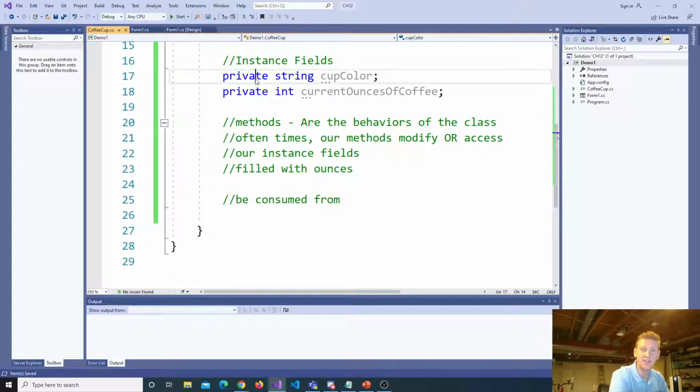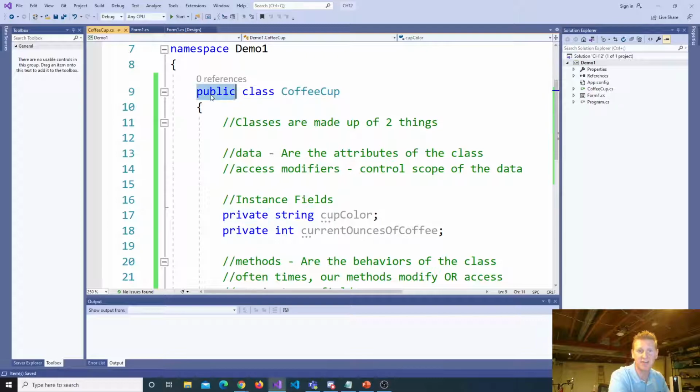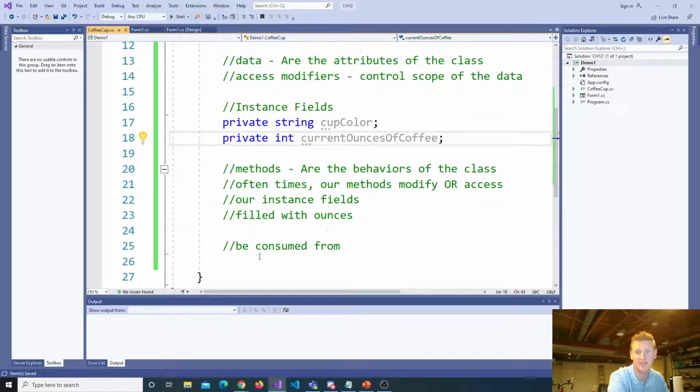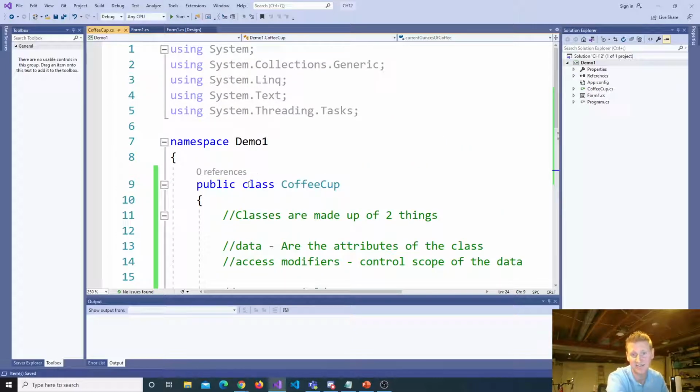Our instance fields, I'm going over these access modifiers. Public for our class, very typical. Private for our instance fields, very typical. We'll elaborate on this. Typically our methods then, when we're working in a class, okay, we're not